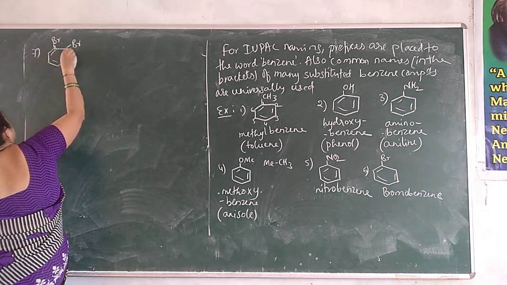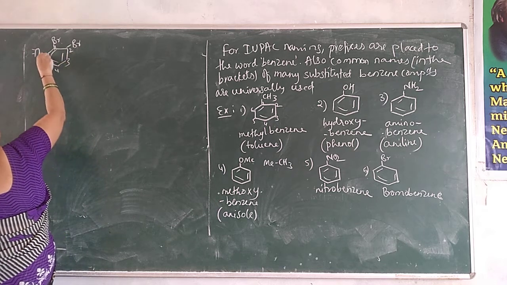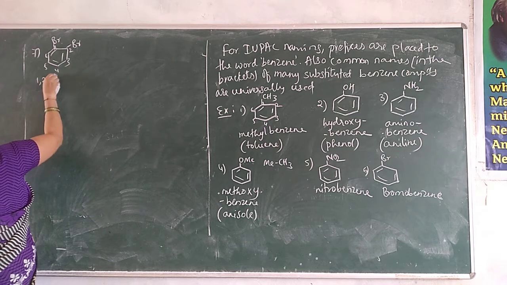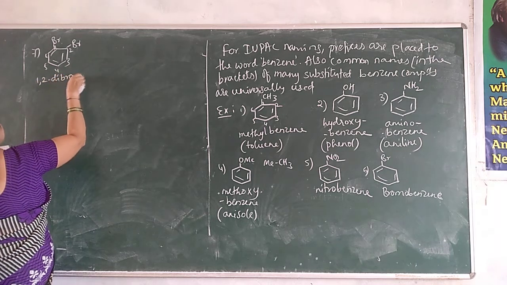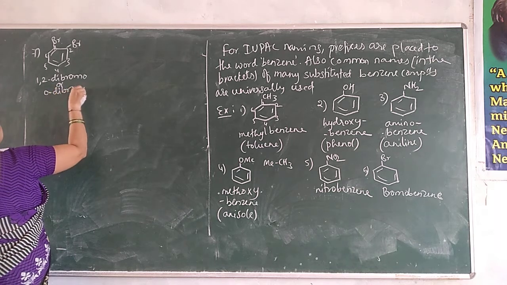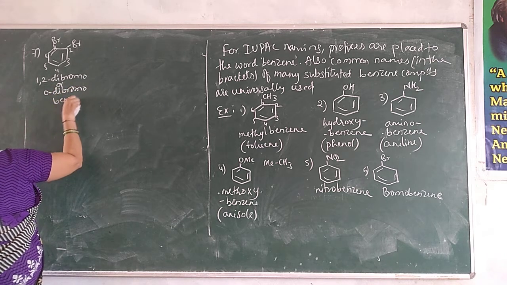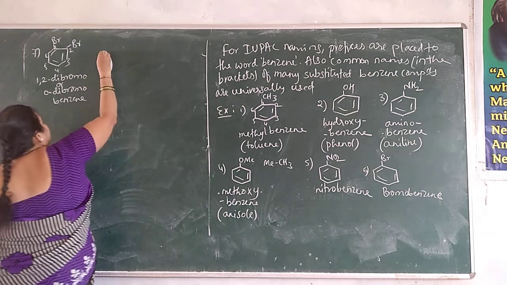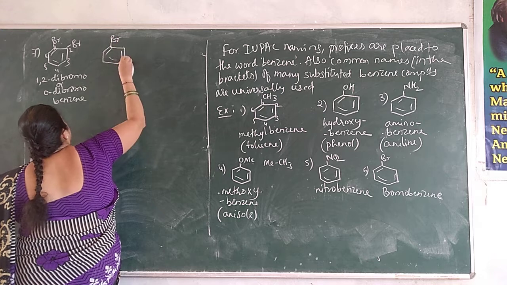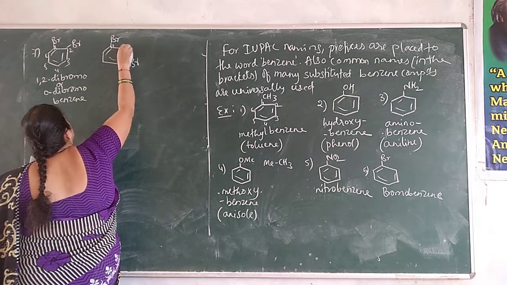Okay, number as 1, 2, 3, 4, 5, 6 and 1, 2, dibromo, or this is also called as ortho-dibromobenzene. Okay, like this. Now, if substituents are present in 1 and 3rd position, number it as 1, 2, 3,